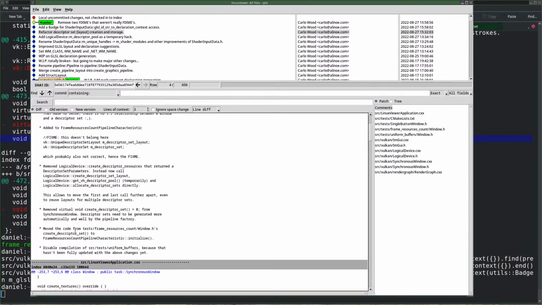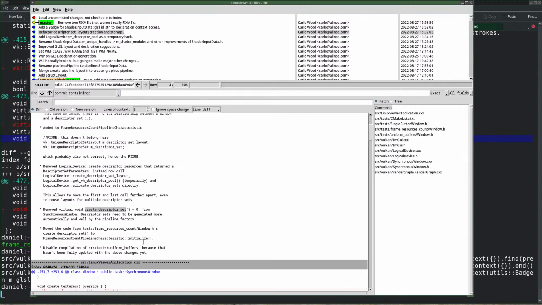Yeah, this. So I just split it up in two. Okay, so we removed the create descriptor set, and then moved code from that function of that test application to that test application's pipeline characteristic initialize.